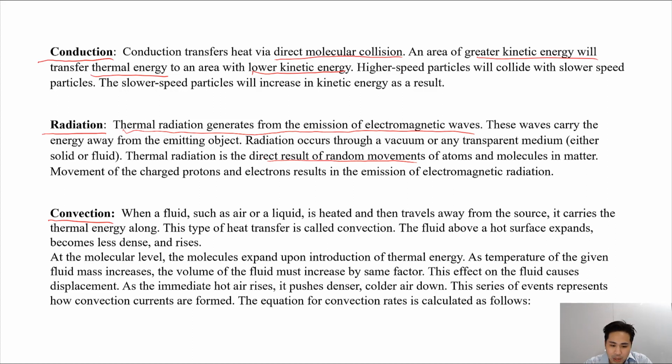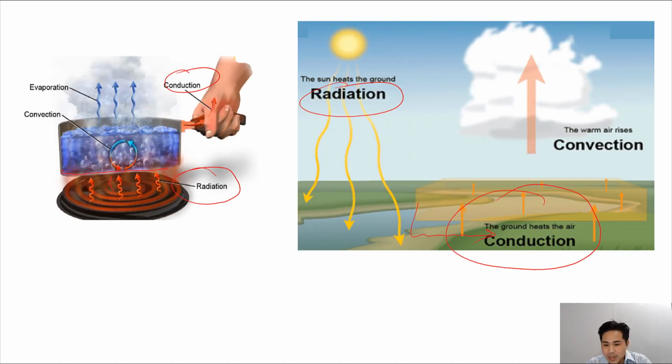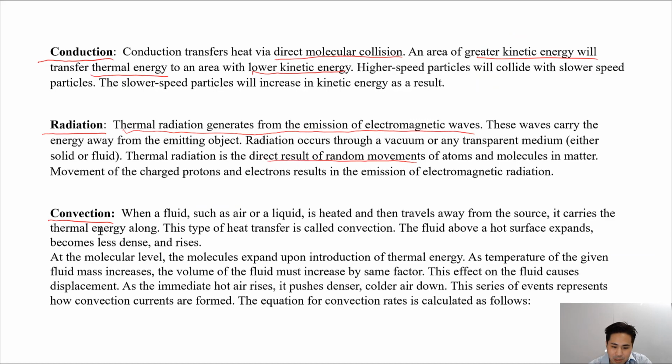Okay, now the third way of heat transfer is by convection. Okay, convection is basically heat transferring through a fluid. For instance, water, as in the picture on the left, or through air, which is also a fluid, as in the picture on the right. So that's convection. Okay, and the definition here is